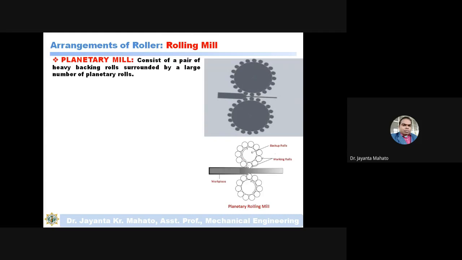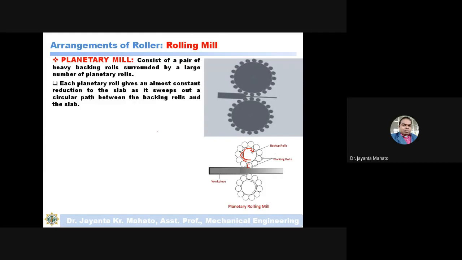These rollers also rotate along their own axis, and to rotate all the rollers, there is an attachment. All the small rollers are at the outer periphery of the big roller. So this arrangement is also used to minimize the friction and the load required to deform the material.